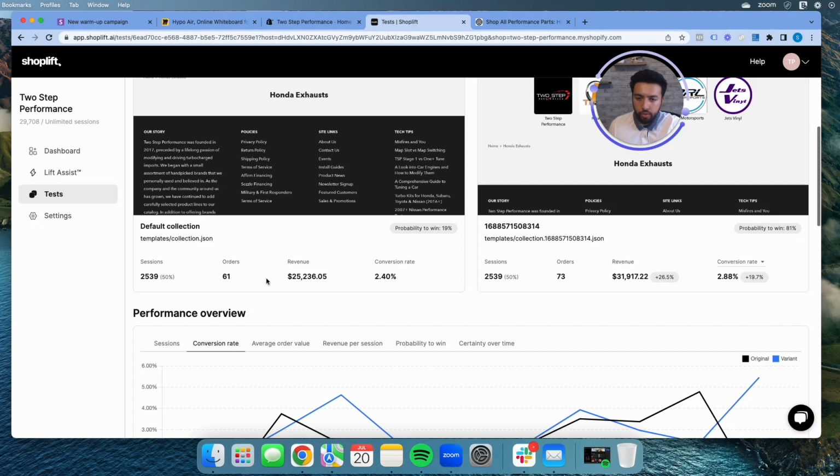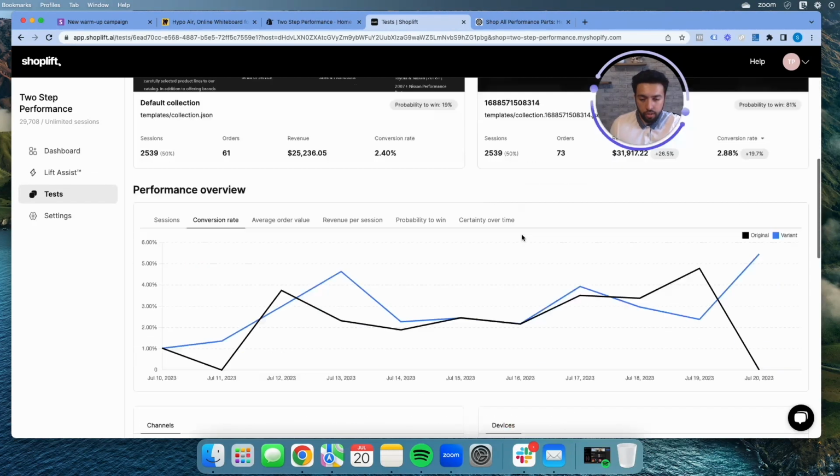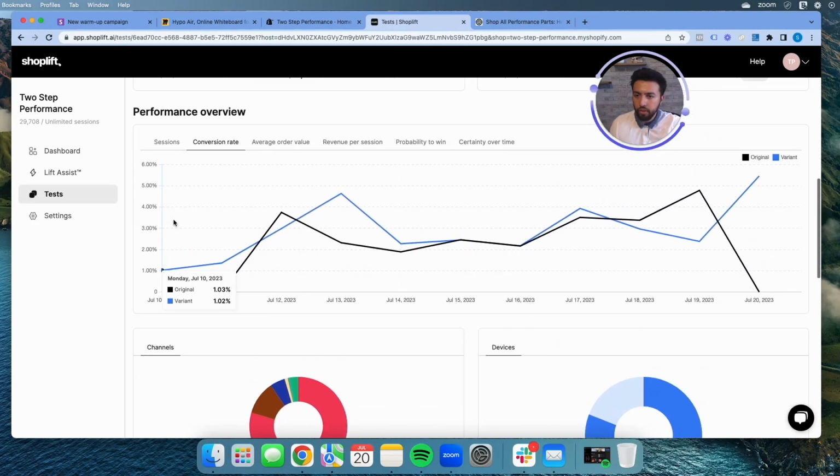25,000 sessions, 61 orders, conversion rate 2.4% versus 73 orders and a conversion rate of 2.88%. This is telling me that it is a good test. And also the cool thing about Shoplift, it tells you right here the conversion rate day by day, average order